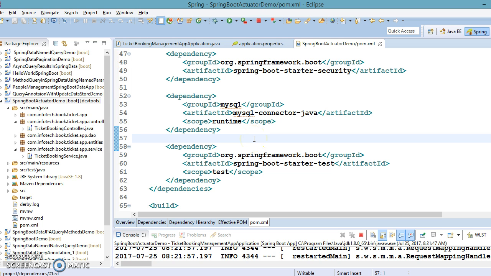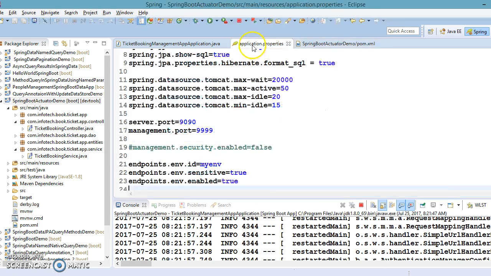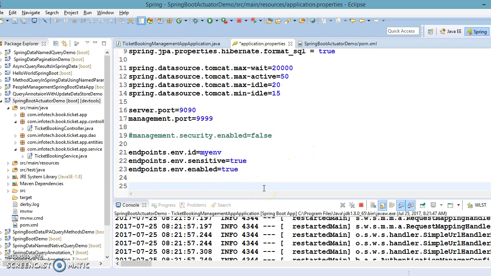But in most scenarios you will not rely on the default generated password. You would want to set your own password. So how do we do that? You will have to make some entries to enable basic security for your sensitive endpoints. So how can we do that? Here we'll have to make entries like